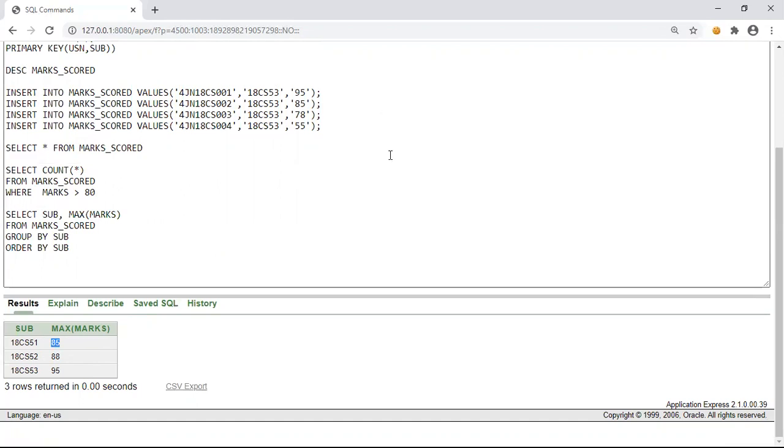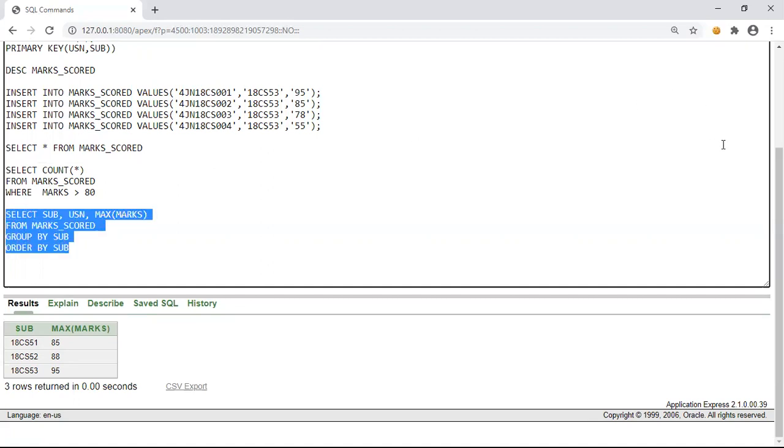If we want that information also, then we have to include the USN in the select statement. So we'll put one more, that is USN: select subject code, USN, maximum marks.